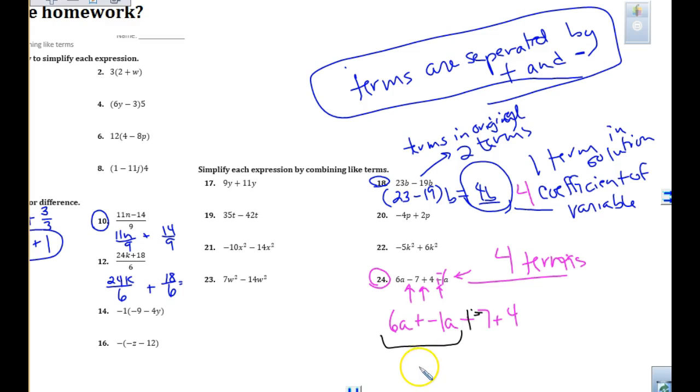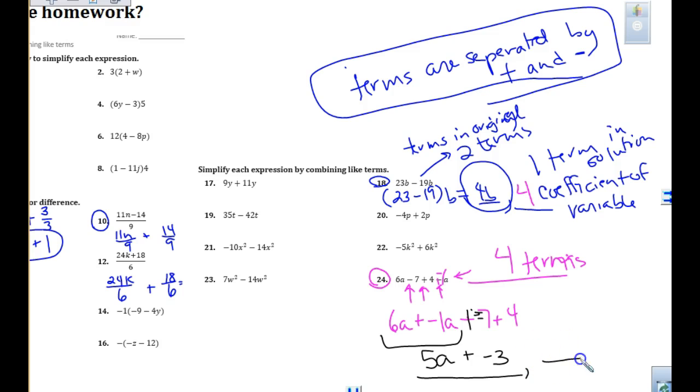Connor, what did you get when we add our like terms? 6a minus 1a. What did you get? 5a. Right, if I'm adding -7 plus 4, I'm going to have -3. So if I now say this is my simplified answer on our homework quiz today, and then I say,